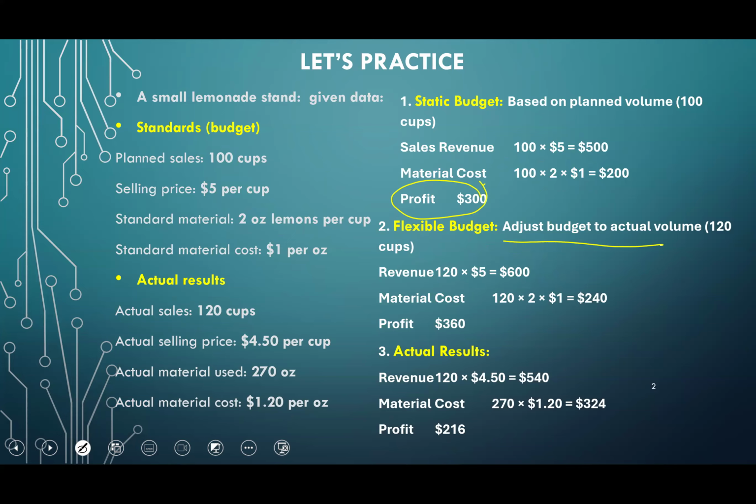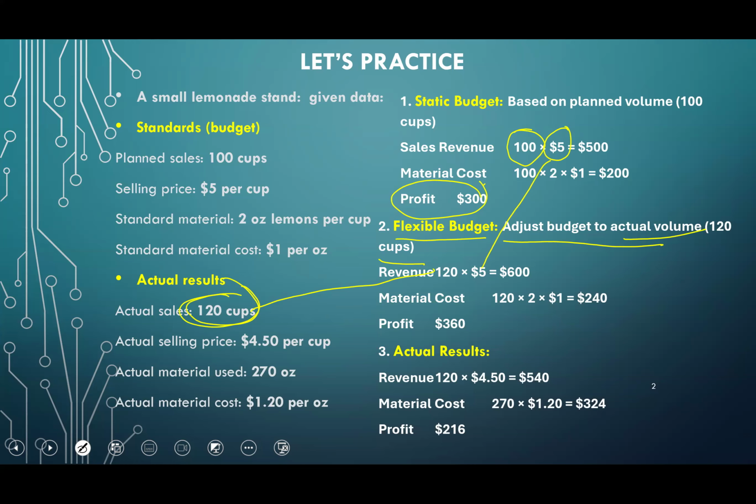Suppose I adjust my volume. Okay. This is an important concept. The flexible budget. Flexible budget says, since I was planning to sell 100 cups, and actually what I ended up selling are 120 cups, what if I adjust my budget up, flex it up, so to say, by taking the actual quantity but then keeping all other numbers the same? So I borrow the actual quantity from here, but then I borrow this from here, and I say